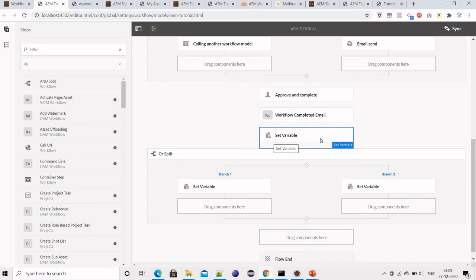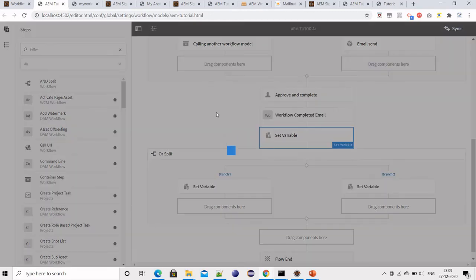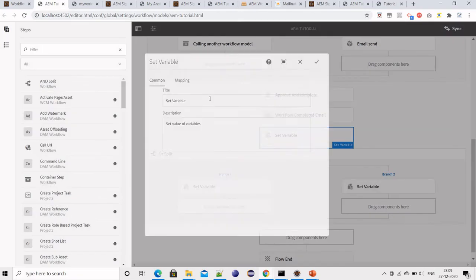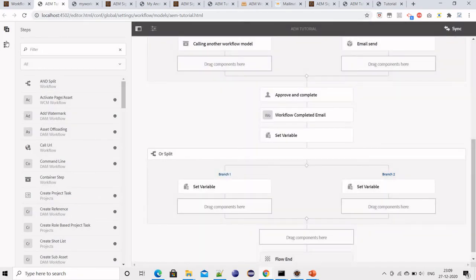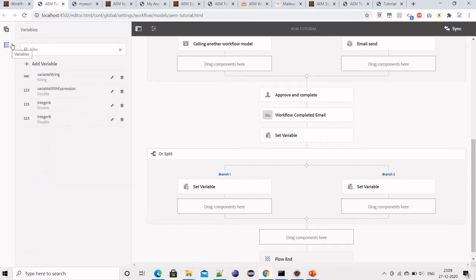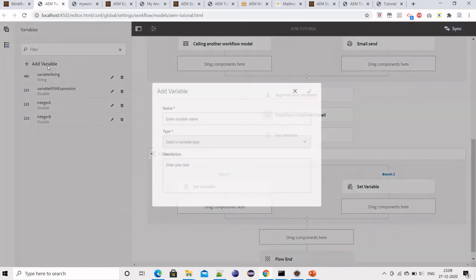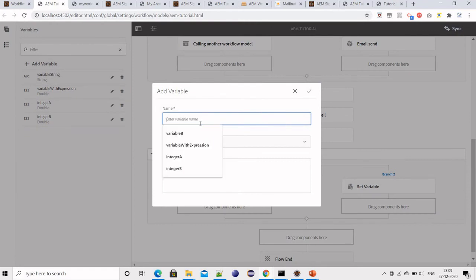Yeah, so set variable, what it will do, maybe you want to set a variable. Okay, so how can we set a variable? Before that, yeah, the second icon, and then add a variable. When you click on it, you can specify a name. It's my variable,